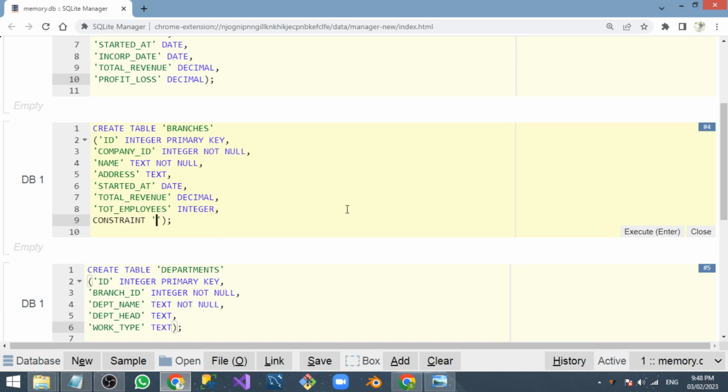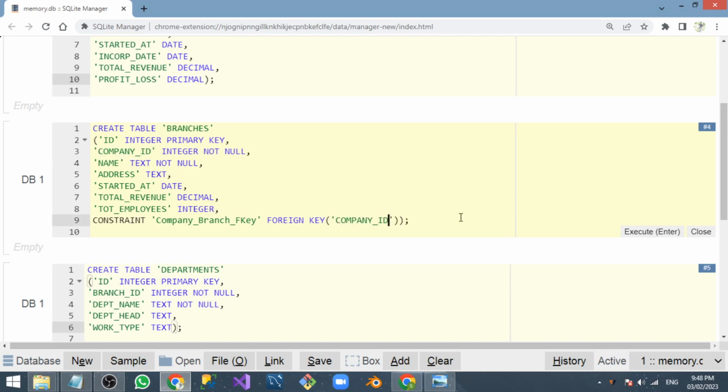Constraint, the name of the constraint is company branch f key. Okay, and the constraint type is foreign key. So inside the bracket we need to mention the column on which we are going to create